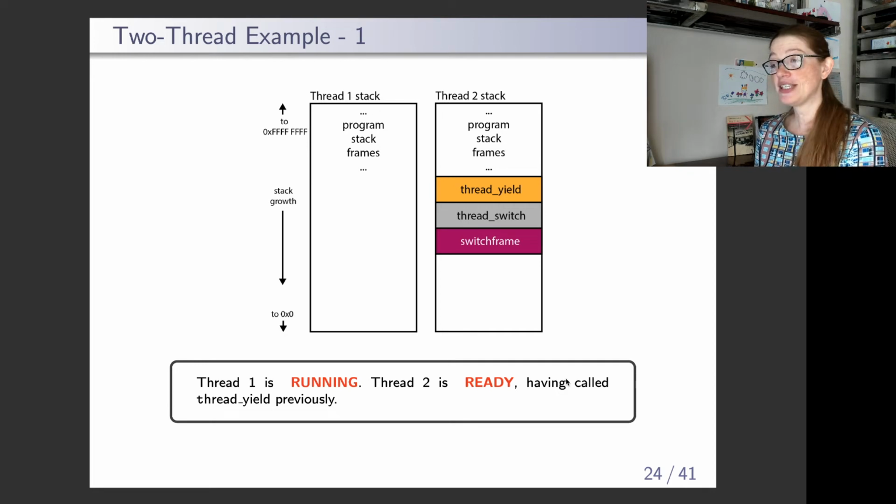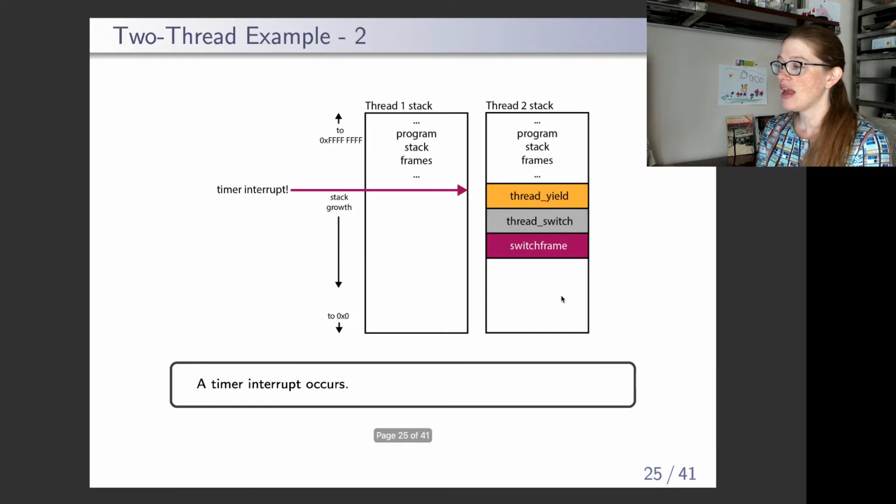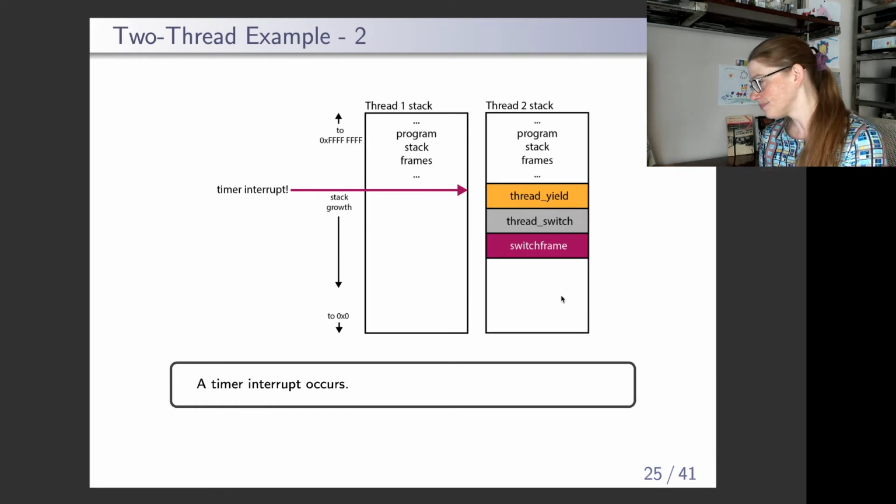All right, so let's see what happens here. Thread 1 is running. Thread 2 has already yielded because it was being super friendly. Now, because thread 1 doesn't voluntarily yield,